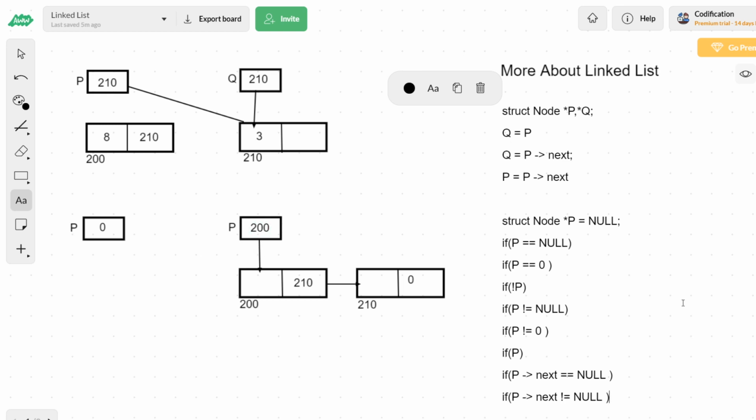And then if we want to find whether a particular node is the last node or not, you can just access the next pointer and check whether the next pointer is having any address or null. So p of next, if it is equal to null, then it is the last node. If it is not equal to null, then it is not the last node.